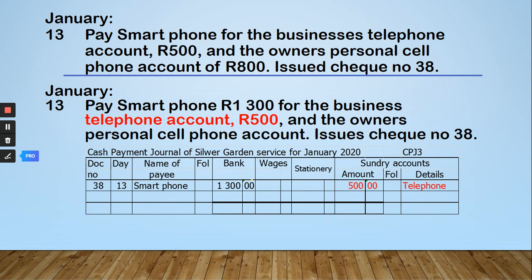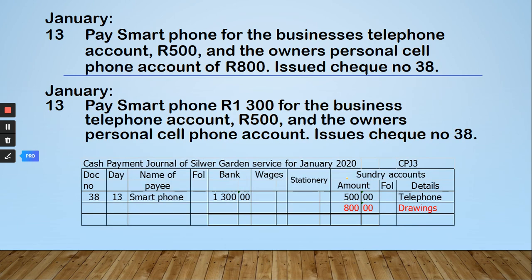So how much is the rest? Well, if I've paid you 1,300 Rand and 500 Rand was for the telephone, then 800 Rand is left over, and that will be for drawings. And again, I'm not going to write in that row. So 1,300 Rand is equal to 500 plus that 800 Rand. So it's the same transaction that we've just made different. So when you read it, read the transaction step by step, write in the information that you have, and then you will get the information that you do not